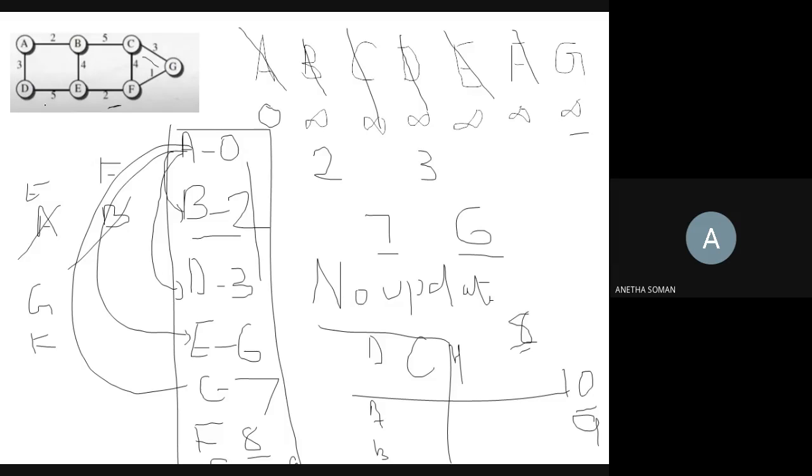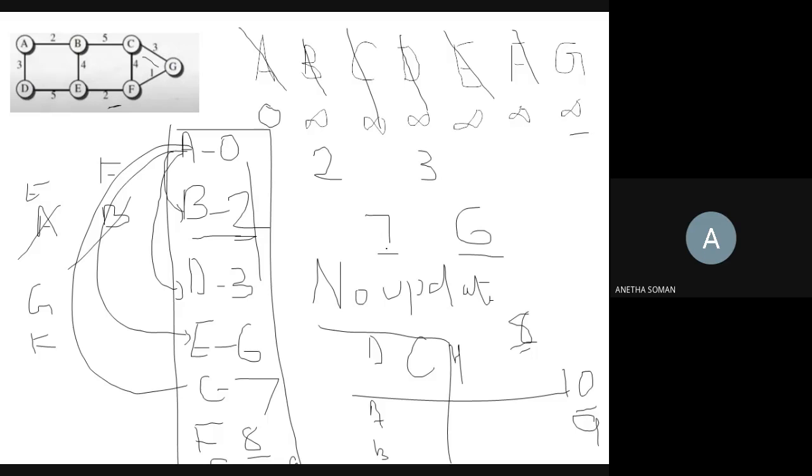Now I have to find out who are the neighbors of A. Neighbors of A are B and D. The corresponding values I have just written. You have to find out which is minimum among these and make it permanent. So here the minimum is B equal to 2. I have made it permanent, and I am cancelling this B. Now I have to find who are the neighbors of B. C and E are the neighbors. But once you write the cost, you have to add it to your root node. From A to B, the distance is equal to 2, and that 2 you have to add to the remaining cost to the next neighbor.